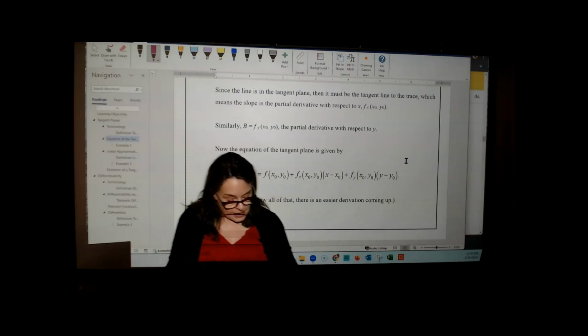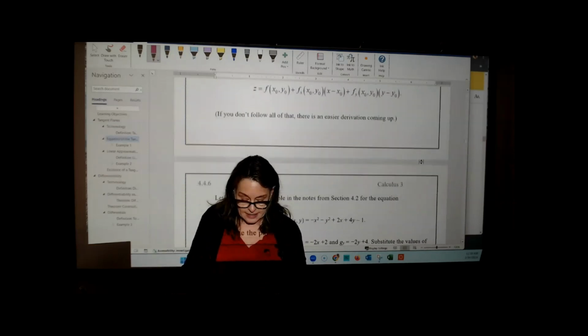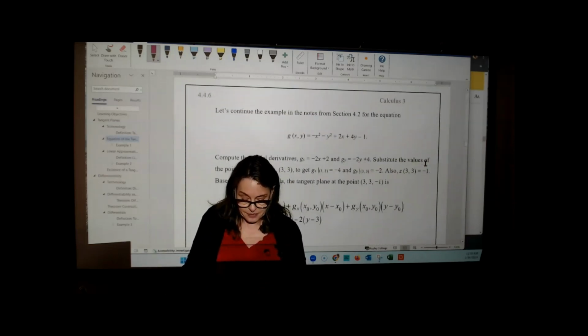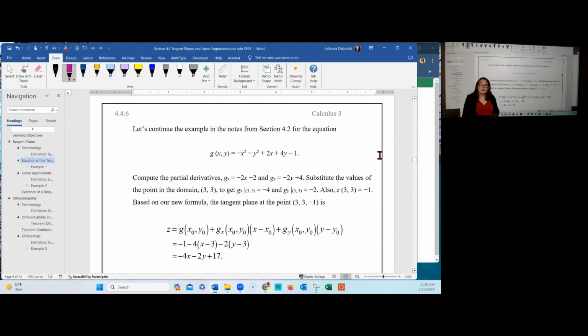Now, let's go ahead and take a look at an example. And I think I forgot to share my screen, so let me do that now. This example comes out of section 4.2. It is a quadric surface. We have a function g given in terms of x and y as negative x squared minus y squared plus 2x plus